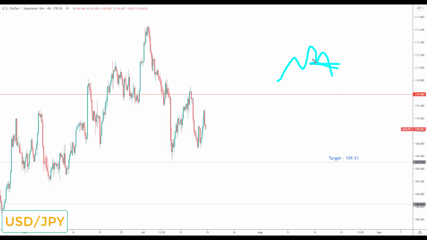If we don't get this head and shoulders reversal in the DXY and the DXY continues to grind higher, US dollar yen and pound dollar will not be traded by me next week. I'll just leave them. So if we get that head and shoulders reversal, any pullback in this area would be viewed as an opportunity to look for bearish reversals down to the next key area of support to the downside at the 109.51.